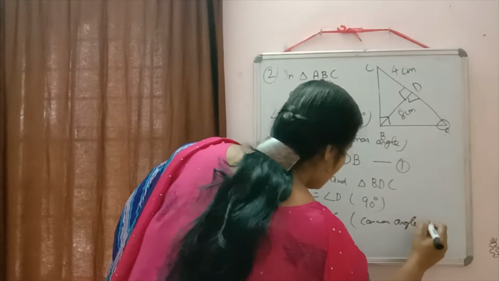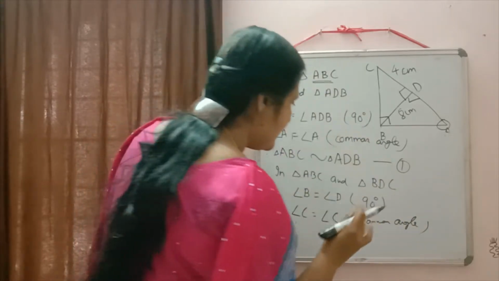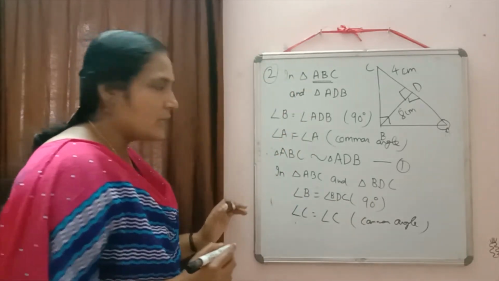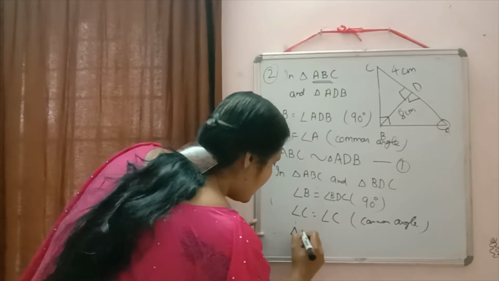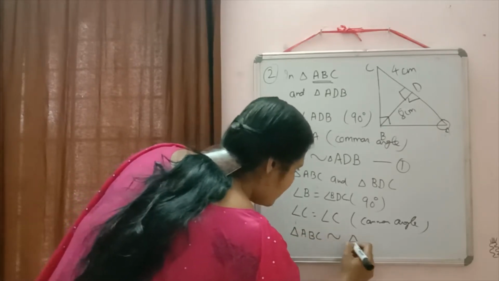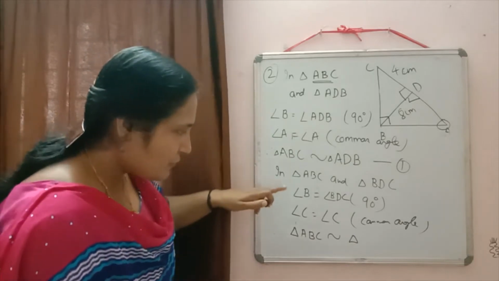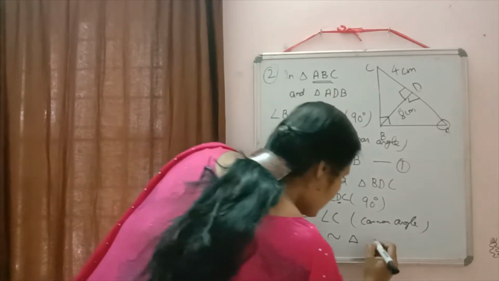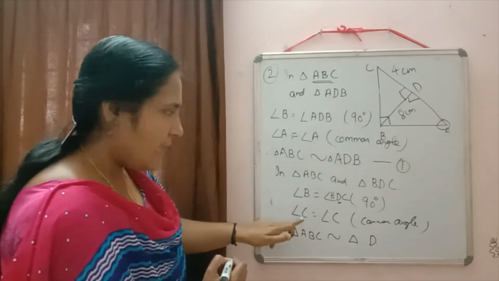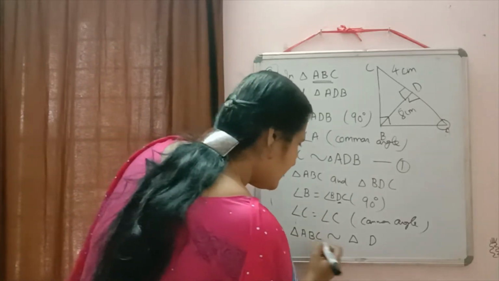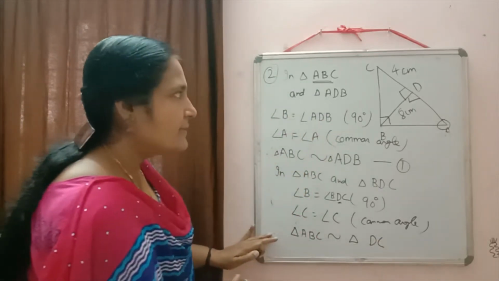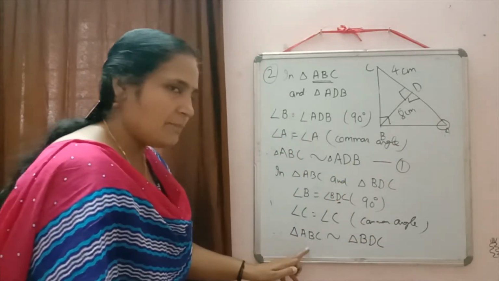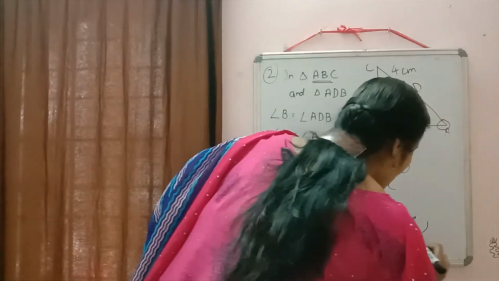Here I haven't written the full name, I think. Here naming will be equal to BDC. So again we got two equal angles. Therefore, triangle ABC similar to triangle. Now naming there, what we wrote? Angle B is equal to angle D. B we wrote in the center. So here also D will come in the center. Angle C is equal to angle C. C we wrote at the last. So C will come here. Then which one is remaining? B is remaining there. So it will come in this way. Triangle ABC is similar to triangle BDC.